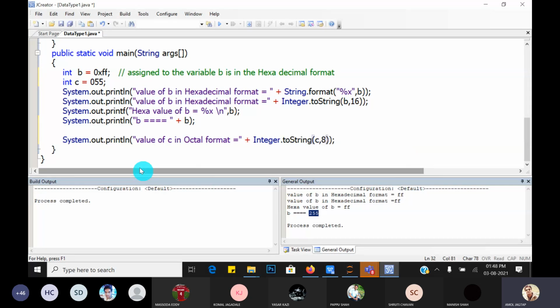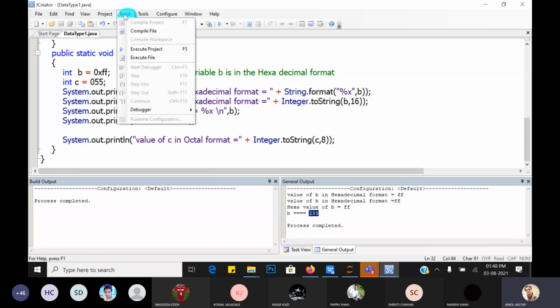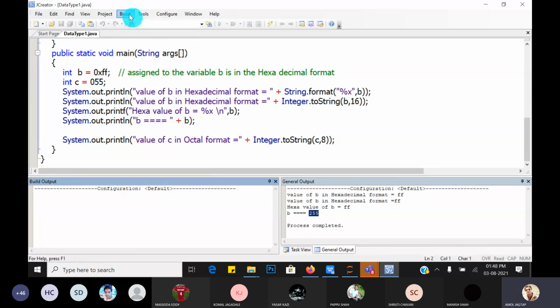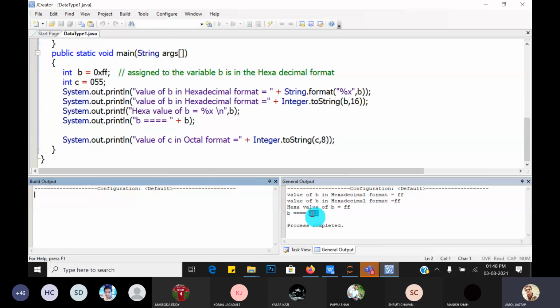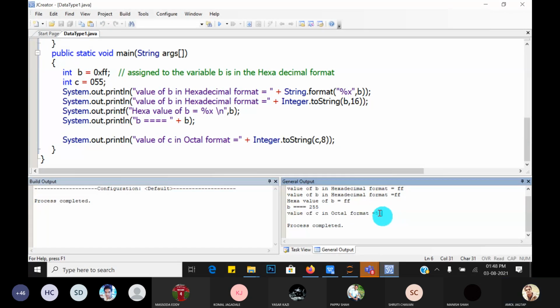Octal, so use 8. Then save it and again compile the whole program and execute the file. Let's check whether it gives you the correct output or not. The last value of c in the octal format is 55. Great, so it works.